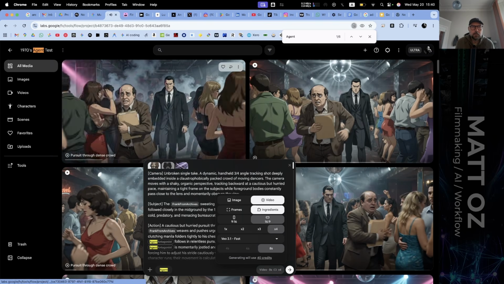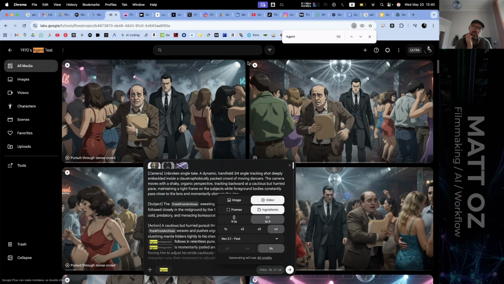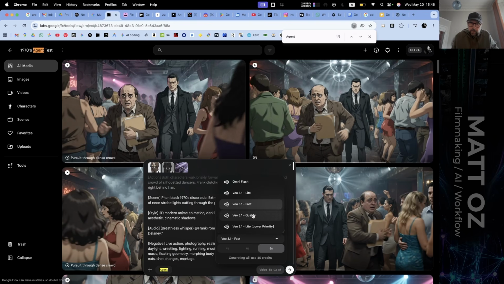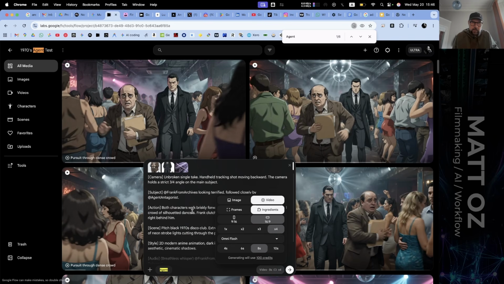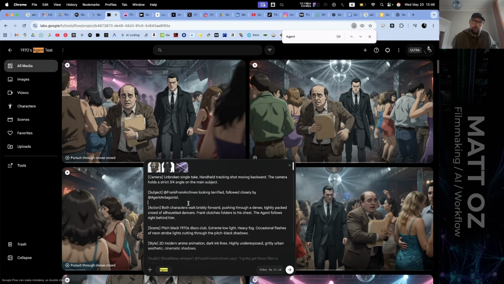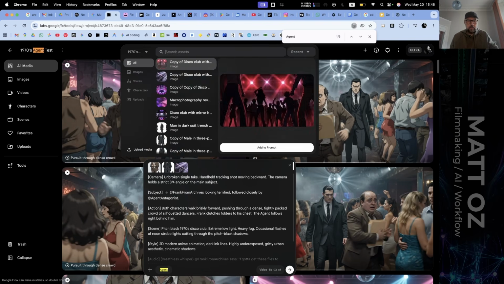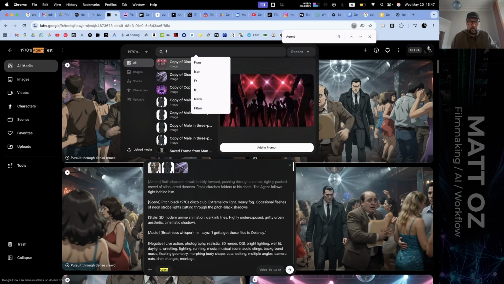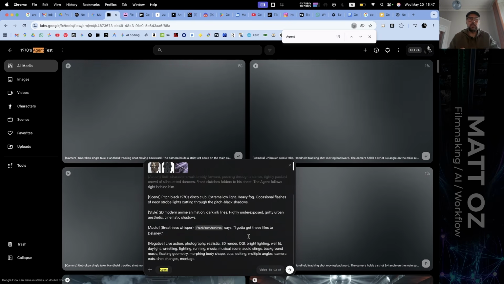Get these files to Delaney. Yeah, it lacks that cinematic establishment. I'm going to see if I can fix it. Okay, going to switch back to OmniFlash, and we've got a cleaned up prompt now that goes back to first principles. We'll see how it looks. Oh, I need to add Frank and the agent in again. Frank from archive. That's agent. At Frank.